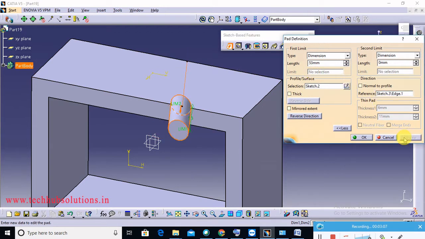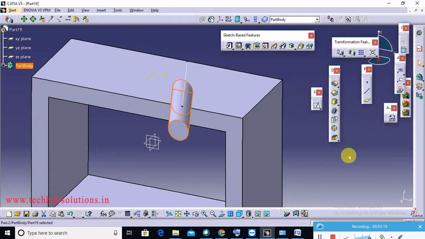So that is the preview, and you can give length also, this is the direction too. Okay, so now this is normal to profile unchecked. By default 90 degree is on. If you uncheck normal to profile, then the pad will be like this.